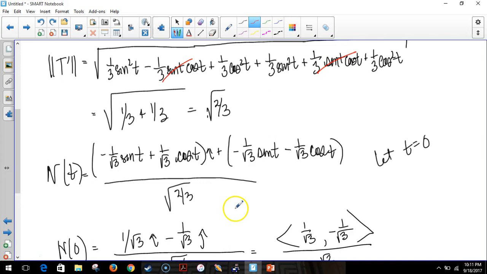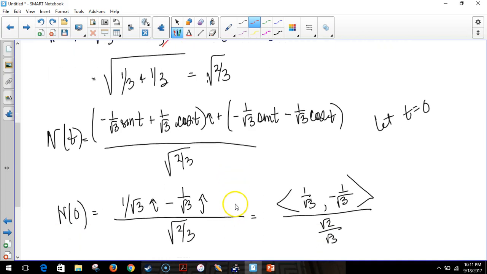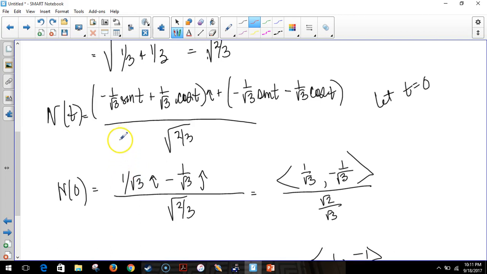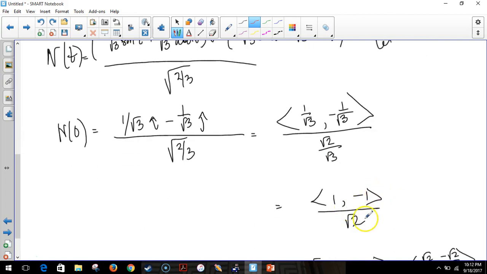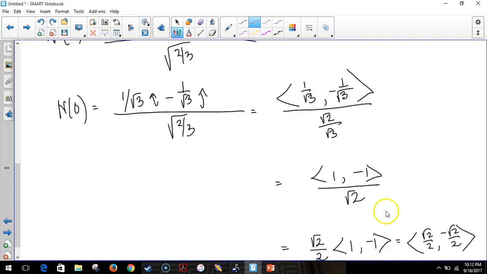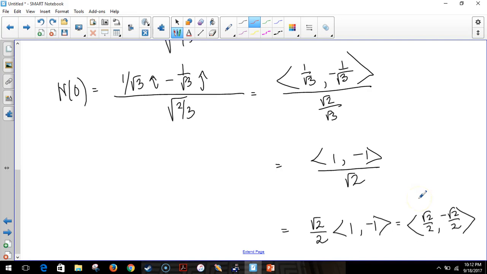So now my very long principal unit normal vector looks like this. Let t equal 0. I get, unfortunately, a 1 over a radical 3, a negative 1 over a radical 3, and then I have this radical 2/3. So what I did is I broke up this so that it's a radical 2 over a radical 3, so that I can then multiply through by the common denominator of a radical 3. And I get 1, negative 1, and then all of that's over a radical 2, and I can rationalize. And I get a radical 2 over 2 and a negative radical 2 over 2 as my principal